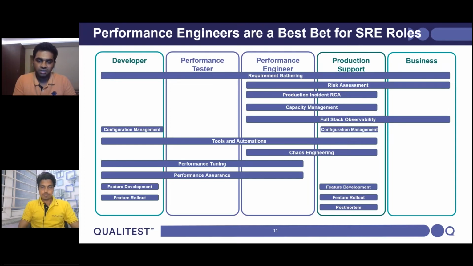That's the main reason. If you look at the entire slide here, this actually explains why performance engineers are our best bet to do all these kinds of activities. If you look at the entire boundaries of individual roles and their activities, it is very evident that performance testers and engineers cut across our entire roles and responsibilities here, with a minimal set of activities which a developer or a production support engineer would additionally do.